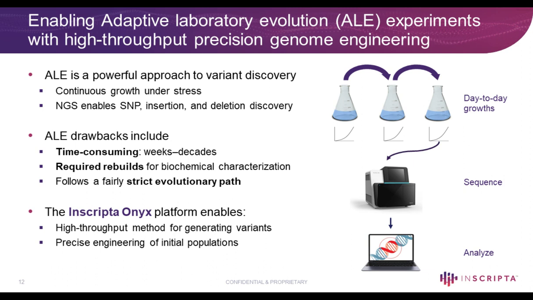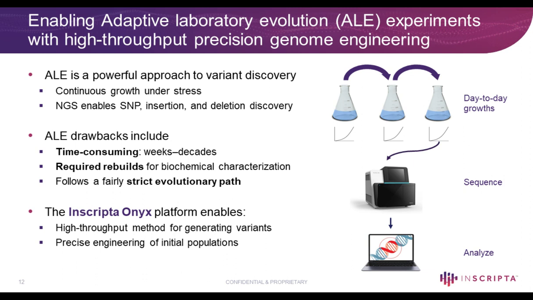And then by the powers of next generation sequencing, you can go into that population and identify the mutations, the single nucleotide polymorphisms or insertions or deletions, that can then have applications both in biotechnology for the evolution of strains that function under a given chemical stress,